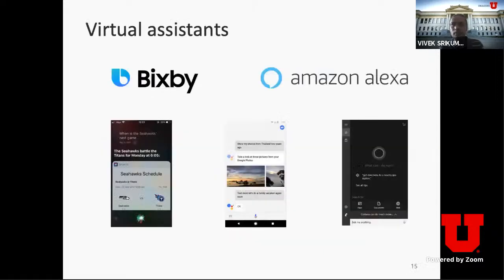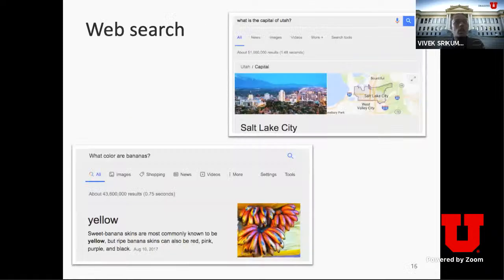There are all these virtual assistants that supposedly understand language sometimes, and they do a reasonable job of doing what we want. How could it possibly understand these kinds of complicated things? Next time you want to talk to one of these assistants, try asking it about a metaphor or an idiom. It may not succeed. Sometimes it might, sometimes it won't.